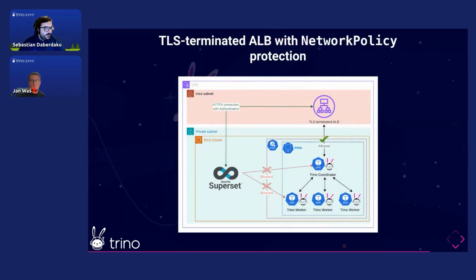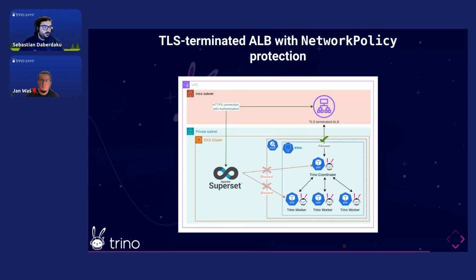Now, to give you an example, this is more or less what my Trino deployment looks like at Cardo AI. I have the AKS nodes running on a private subnet, and then I have a TLS terminated application load balancer. Notice it's running in another subnet. This way, I can use the CIDR block of that subnet to allow it to access the Trino pods. At the same time, I can block the connections from any other pod from any other namespace,